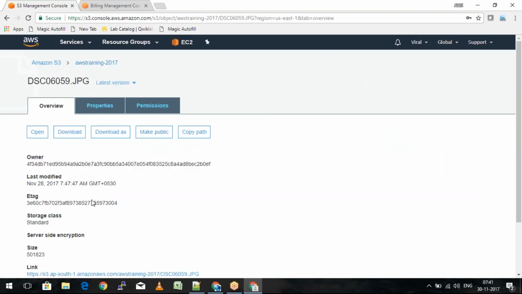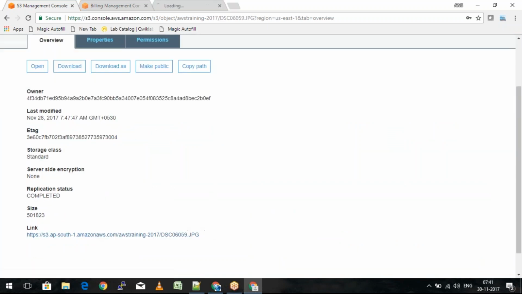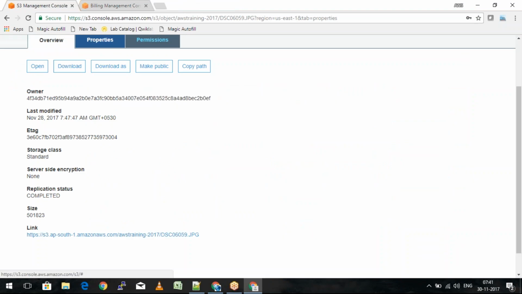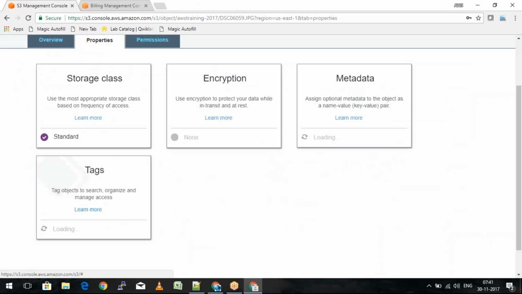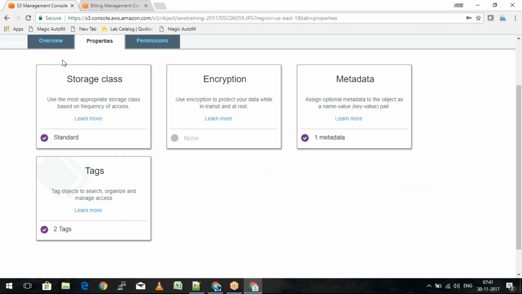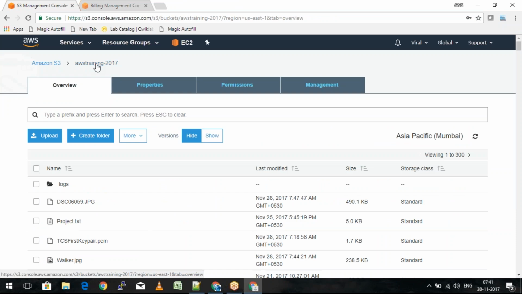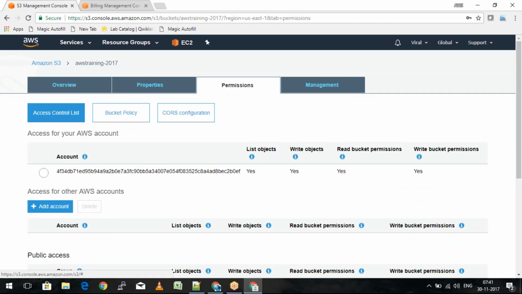Even if I share this link, they will not be able to see this image. So I have restricted the complete access to the bucket, but CloudFront will have access to that specific bucket. So how did I manage to give only CloudFront the permission? Specifically, I am putting in the bucket policy here. So if you check out this bucket policy,